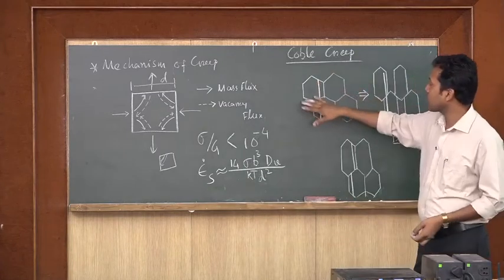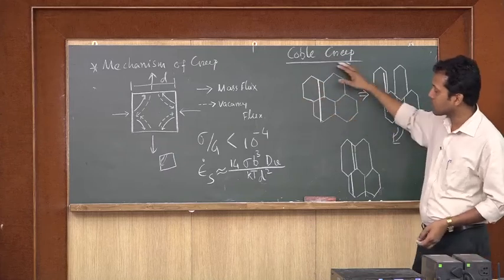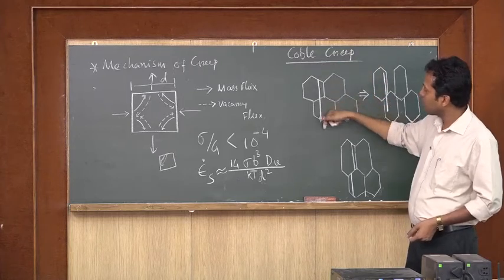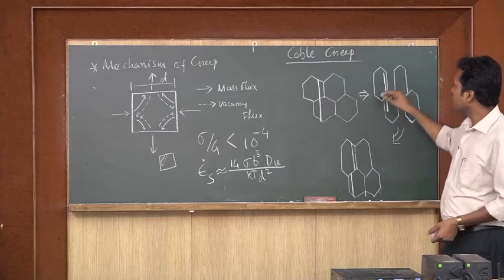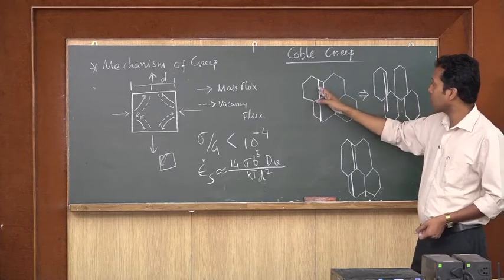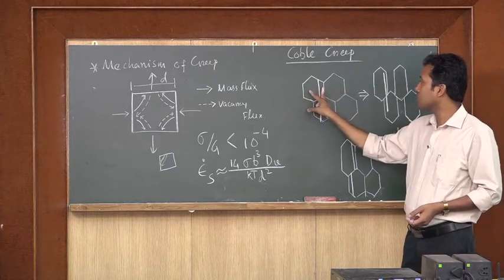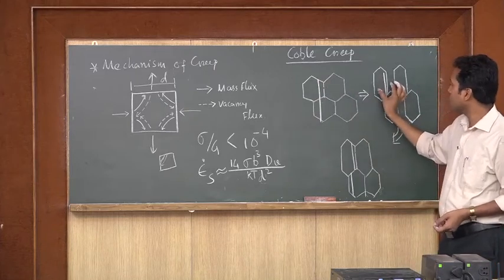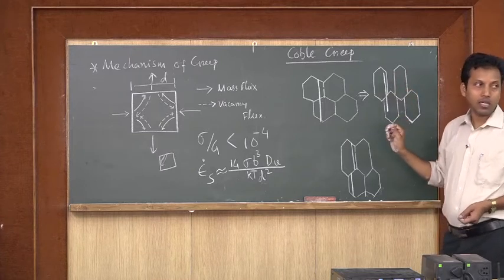Say this was the initial grain structure of the material. On this you make a scratch, as I mentioned in our last class, and then due to creep deformation the grains have got elongated. But for elongation, the grain is this much wide, and it has to shrink in this region. So it has shrunk here, and in between there is a gap formation.